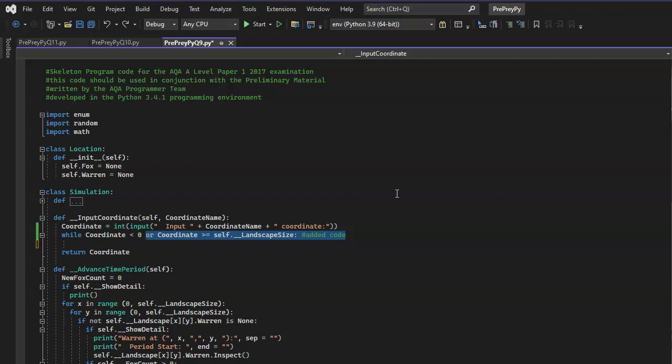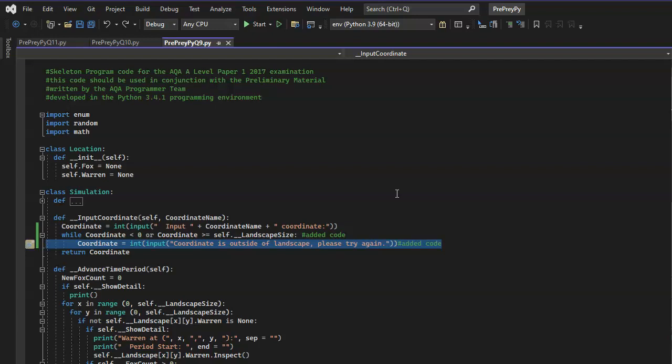While it's less than 0 or greater than or equal to landscape size, so in other words it's below 0 because the 0th element of the landscape is actually valid, and if it's greater or equal to landscape size, because actually the landscape size is 1 greater than the maximum element in the list. Try again, Joe. Right, if that's true, then we just need to have a message that's something like, well, here